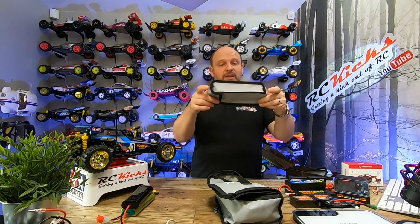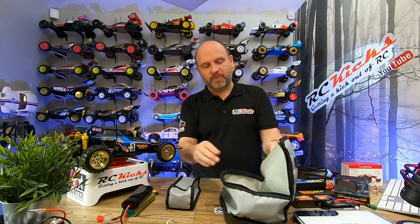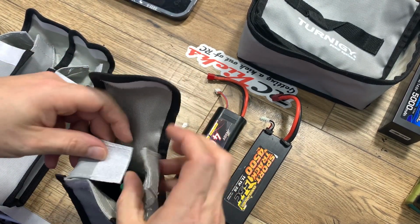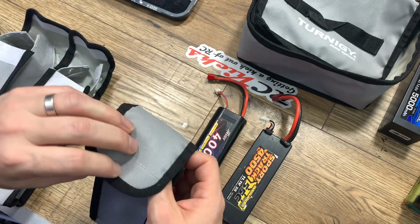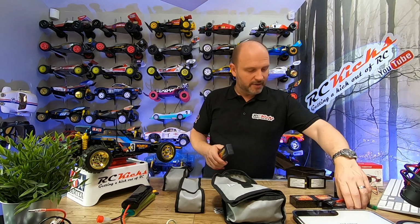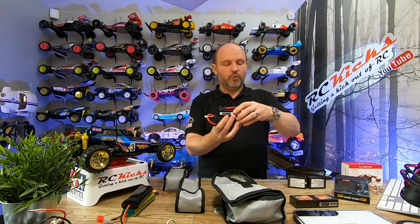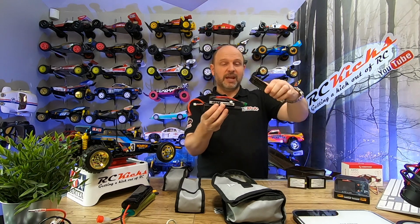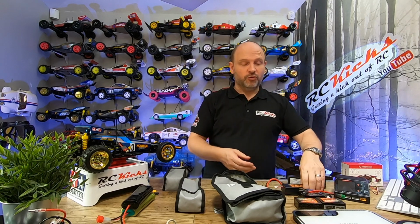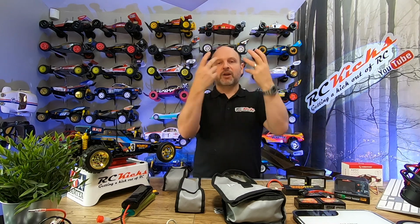So what I do is I personally have one for each battery. Now the reason I do that is if you have one that fails and it's surrounded by all the other batteries, you could have a chain reaction where the damaged battery sets off your other batteries. And that's probably your worst scenario, because if you're storing all these batteries, you add up all the energy, even at 50 or 60% storage charge, that becomes a lot of power. And you don't want a runaway, where one battery ignites the other battery and